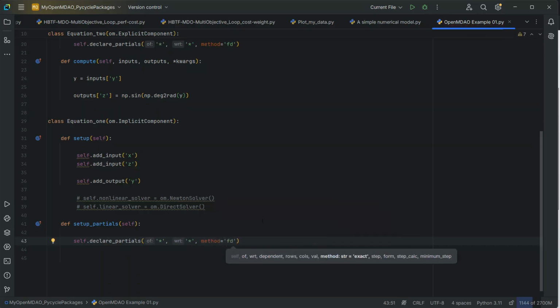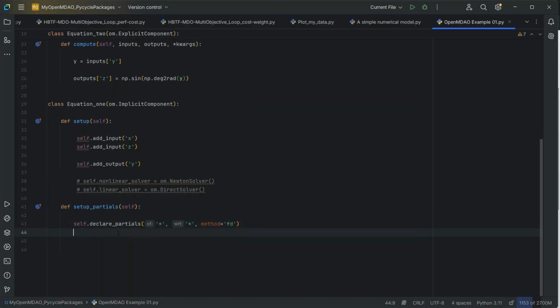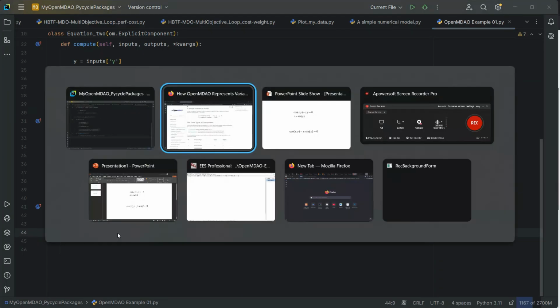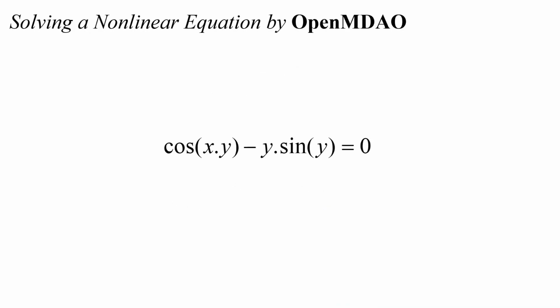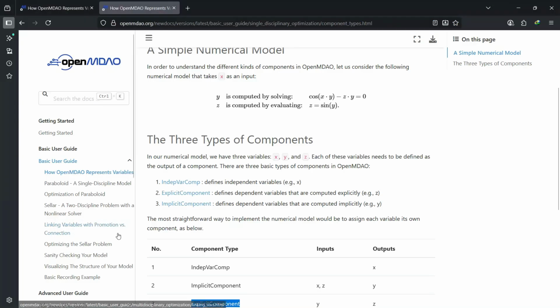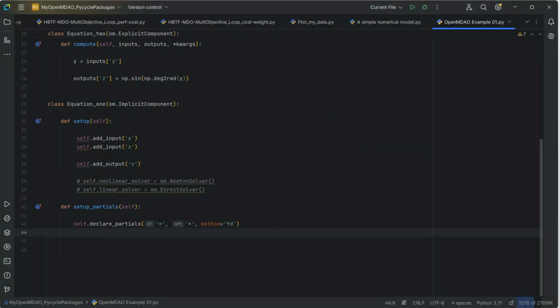The thing is, you can define analytical derivatives yourself here, and it's going to be enormously efficient for your optimization workflows. But for now, we're just defining them with the finite difference. We are approximating. Now, in order to solve a nonlinear equation like this, which will eventually look like this, as you can see, this is a nonlinear equation, we're going to define nonlinear solvers and apply a nonlinear method to our implicit component here in order to solve it